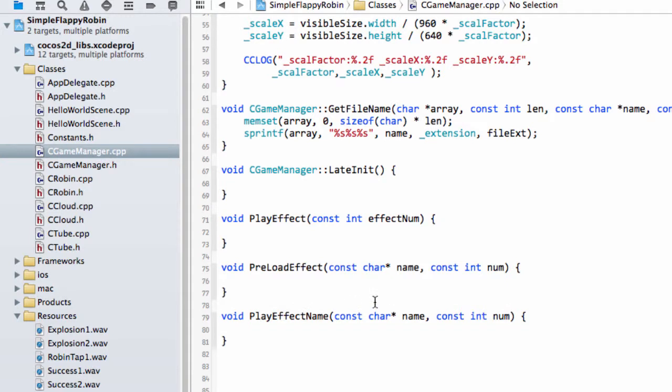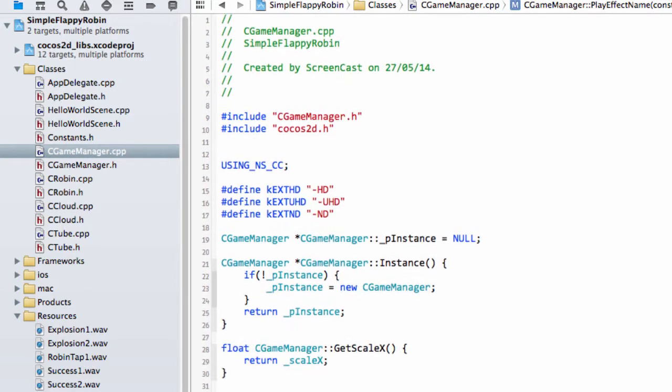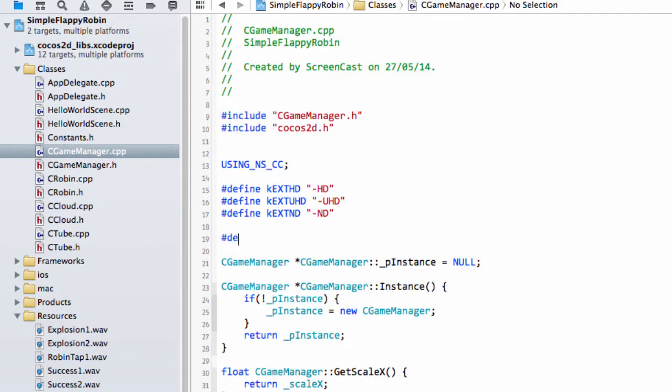Okay, so one thing we do need to know is how many of each of the effects we actually have. So we'll declare those as constants at the top. And like I said, we don't have many here, so this is really as a demonstration of how you might want to do it if you had many more effects than we actually have. But underneath the definitions here, then we'll say define kNum